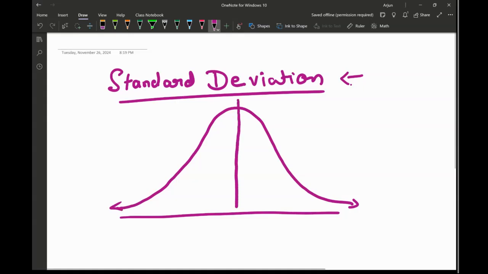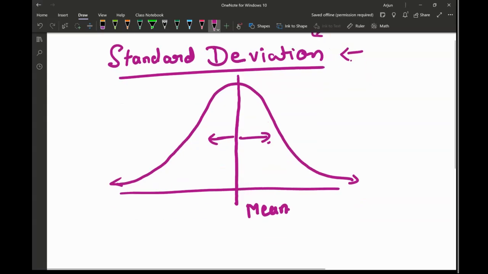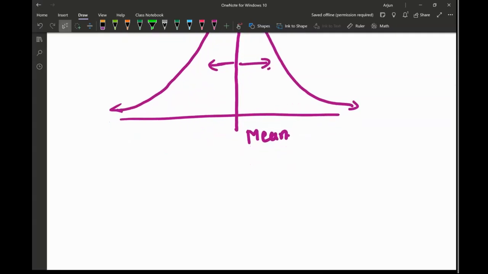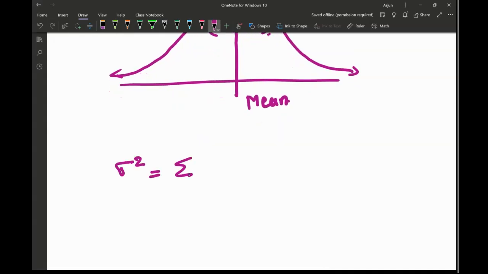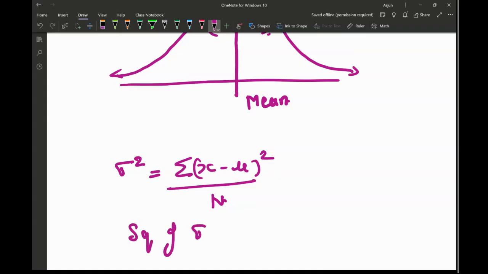So, this middle line is called the mean, and standard deviation helps us see how much data is dispersed away from this mean line. That's what standard deviation helps us in figuring out. Now, how to calculate the standard deviation? Standard deviation can be calculated using a formula: sigma square equals the sum of (x minus mu) square divided by n, and then the square root of sigma square